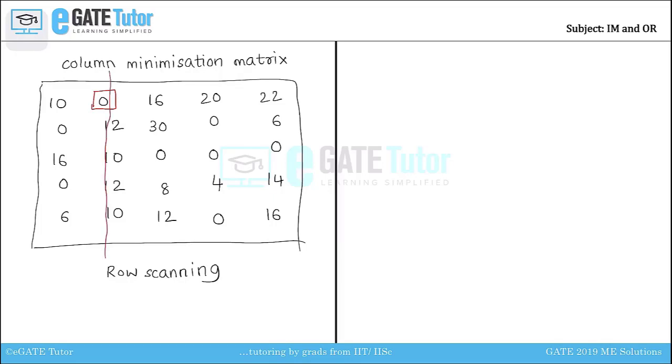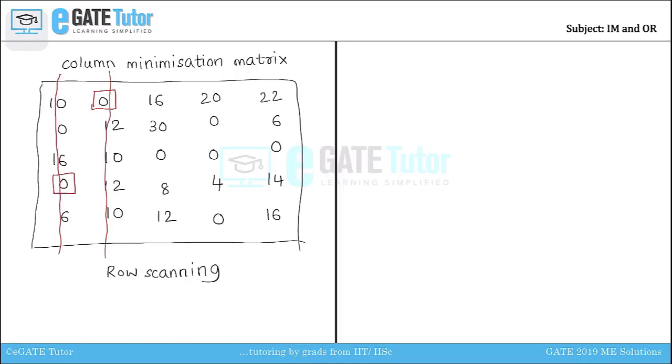Similarly, let us move on to the second row. In the second row, we have 2 zeros in column 1 and column 4. So let us skip that row for now. Let us move on to the third row. In the third row, we have 3 zeros and it is better to skip that row also for now. Let us move on to the fourth row. If you observe, you have only 1 zero in the first column. So let us make a box around that zero and try to cancel out that particular column.